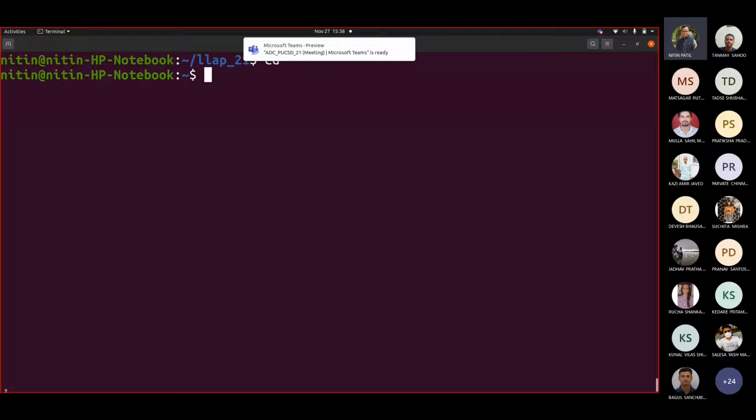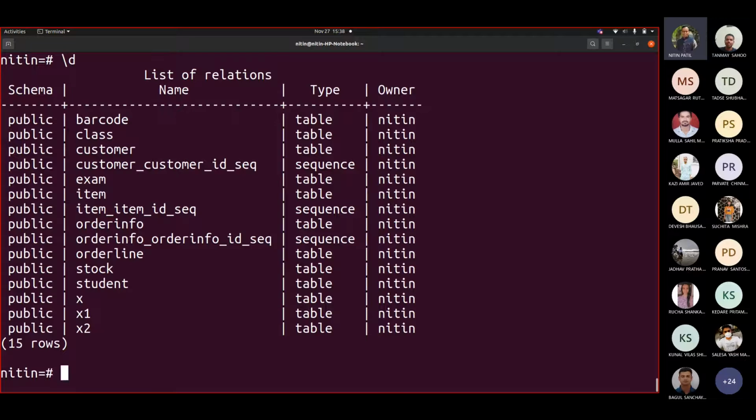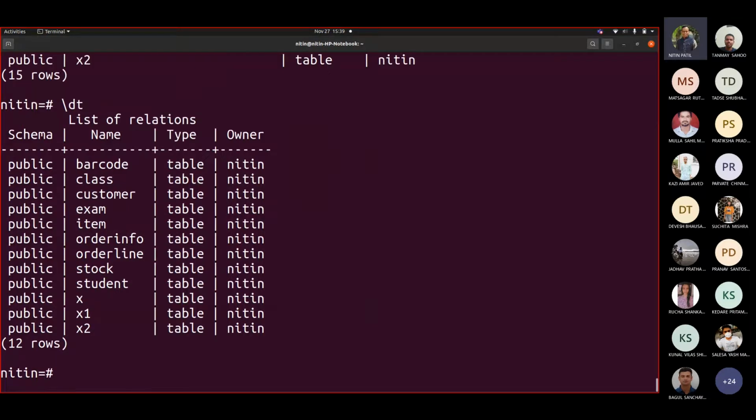Now, when I write psql and if I write \d, these are the relations that can be seen in my database. If I write \dt, these are the tables. Fine.